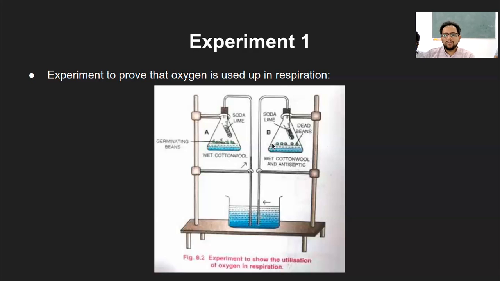Another way it acts as a control setup is, let's say the carbon dioxide is present in this flask as well as this flask. So ideally both the soda lime tubes should show similar turbidity. But in this case, the turbidity would be more because the carbon dioxide generated by the seeds will be more, and that's why this solution of the soda lime will become more turbid, and this one will remain at the environmental carbon dioxide level. So that way this setup B acts as a control of this experiment. I hope this part is clear.